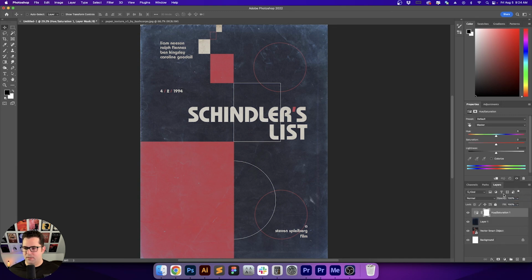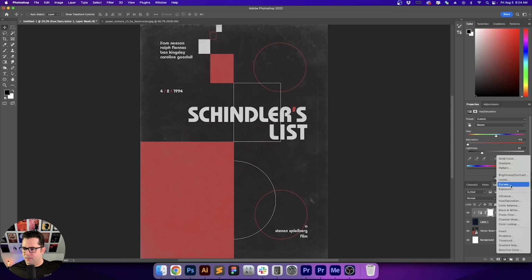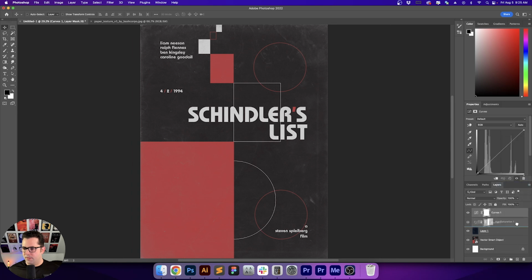Let's take a look at hue and saturation, and let's just bring down our saturation to avoid that blue that's going on there. I don't really want to change the hue too much. Oh, that's right. Because we're in a blending mode of exclusion, it's actually not going to affect any of those colors. Let's go into curves and bring this to here to make sure that we're only affecting